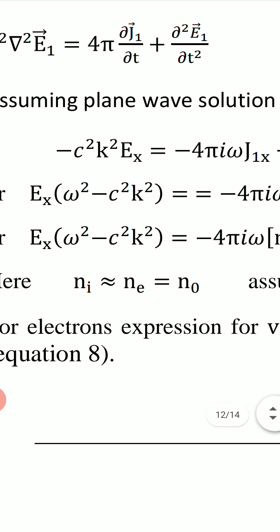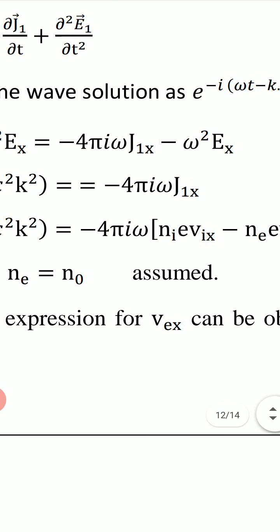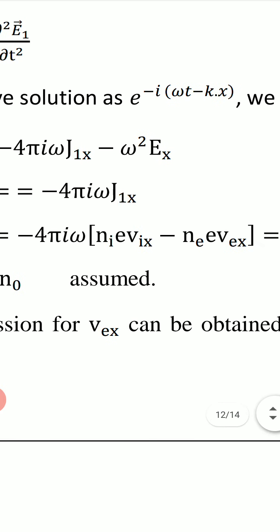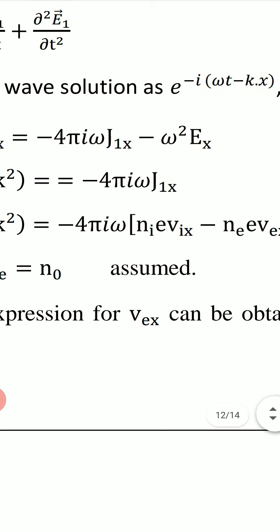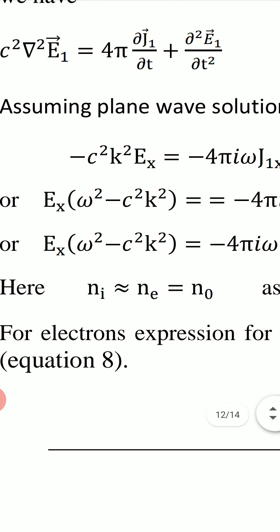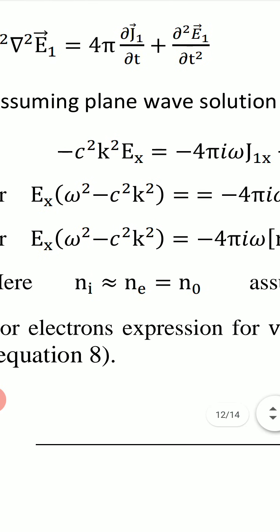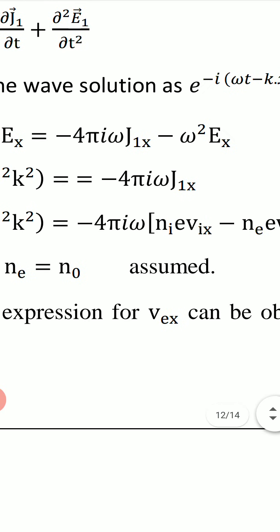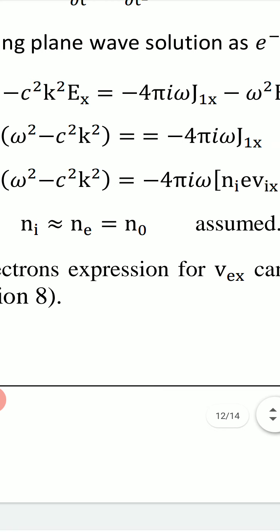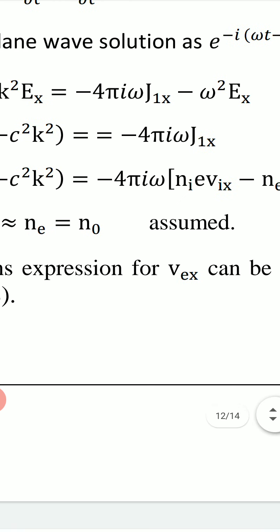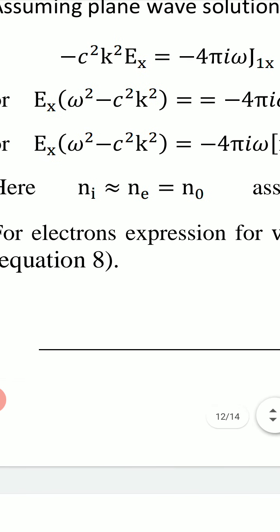So for E1 vector we write Ex, for J1 vector we write J1x, for E1 vector again we write Ex. It is for x component of this equation. Taking Ex common, we have Ex into omega square minus c square k square equal to minus 4 pi i omega J1x,